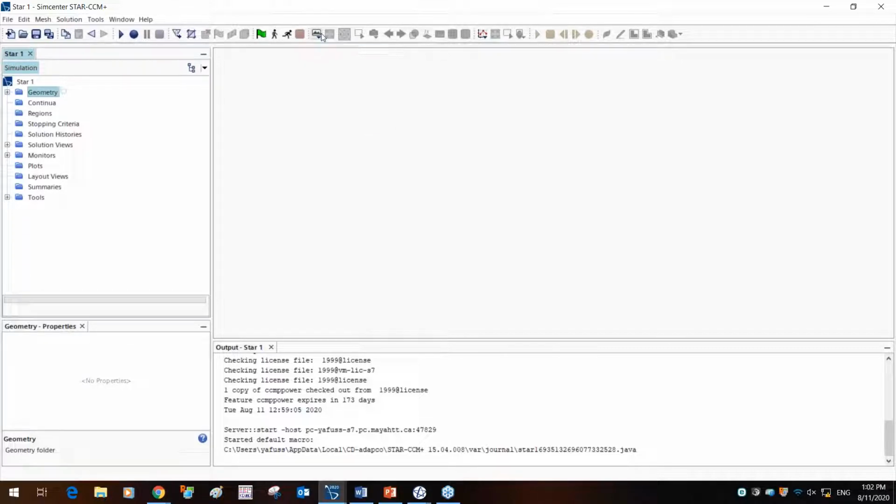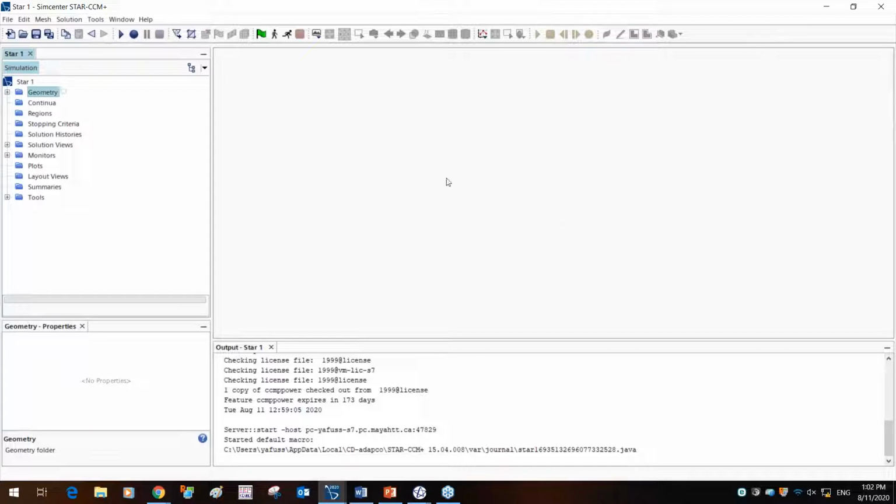Next, we have buttons for visualizing the scenes, which are essentially windows where you can look at a geometry, mesh, scalar, and vector properties. Then you have plotting options for editing the XY plots that will be presented in the scene. You also have options for animations. Finally, you have options for selections and other tools. Now, there are additional add-ons to Star CCM Plus, which I'll talk about later on, but those will essentially appear out in this feature.